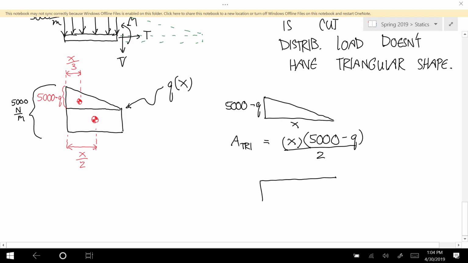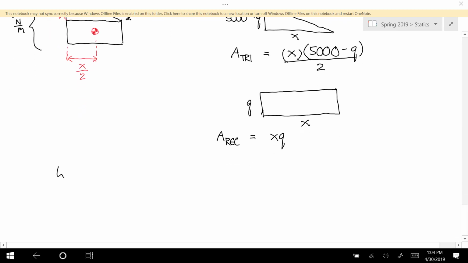The rectangle has a height of q and a length of x. And so the area of that rectangle is xq. And that q is a function that you know. So now you can figure out where the point forces go and the magnitude of the point forces, but you have polynomials for all of these things. You get higher order polynomials when you take the moments. It's really ugly. And so what I would recommend instead is this: